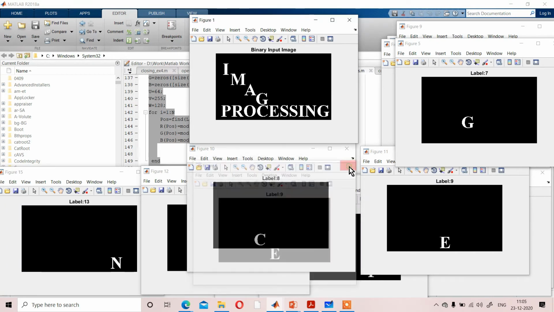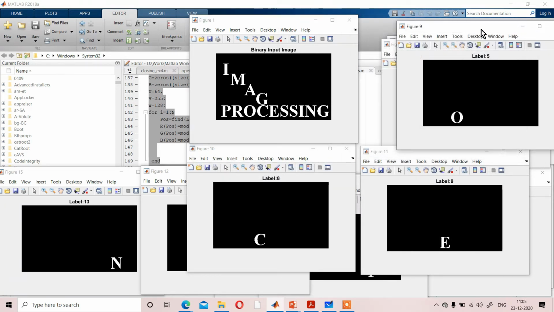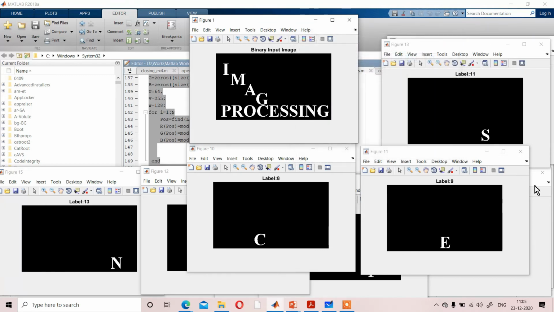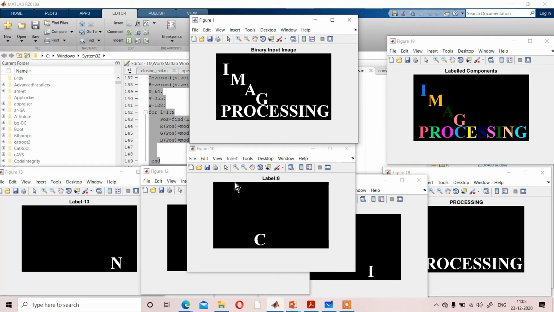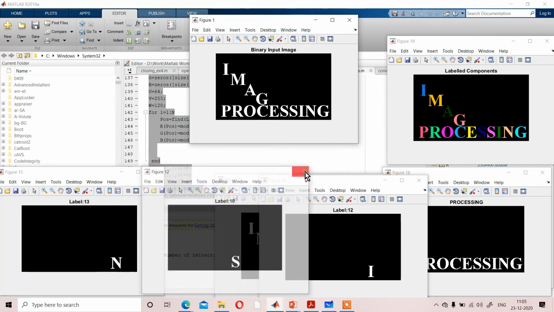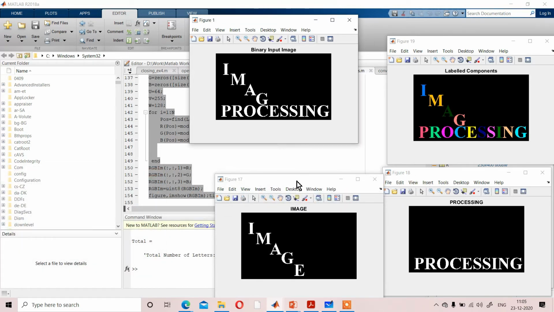So you can run that code to show each and every letter separately, or also a set of results at a time. To show a set of results, what you have to do?